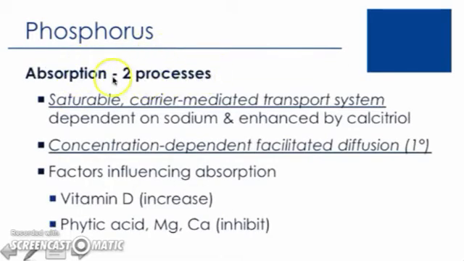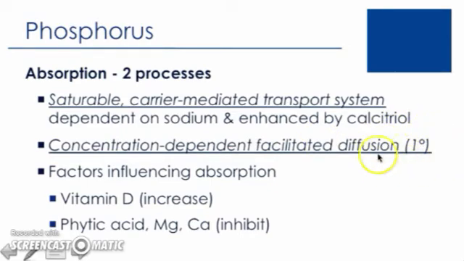There are going to be two mechanisms of absorption. The first is a saturable carrier-mediated process. It's sodium dependent and enhanced by calcitriol. Again, this is the active form of vitamin D. This is similar to calcitriol's effect on calcium. We saw that calcitriol increases the absorption of calcium. We see it also increases the absorption of phosphorus through this saturable carrier-mediated mode. We also see that phosphorus can be absorbed through concentration-dependent facilitated diffusion, and this is actually the primary mode